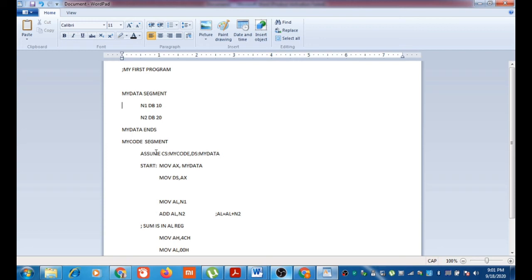Then through the assume assembler directive, you will be telling which is your code segment and which is your data segment. You can declare many segments in your program, but you should tell which should be used as code segment, which as data segment, which as extra segment, and which as stack segment through the assume directive. Assembler directives are not executable statements, they are used to direct the assembler.